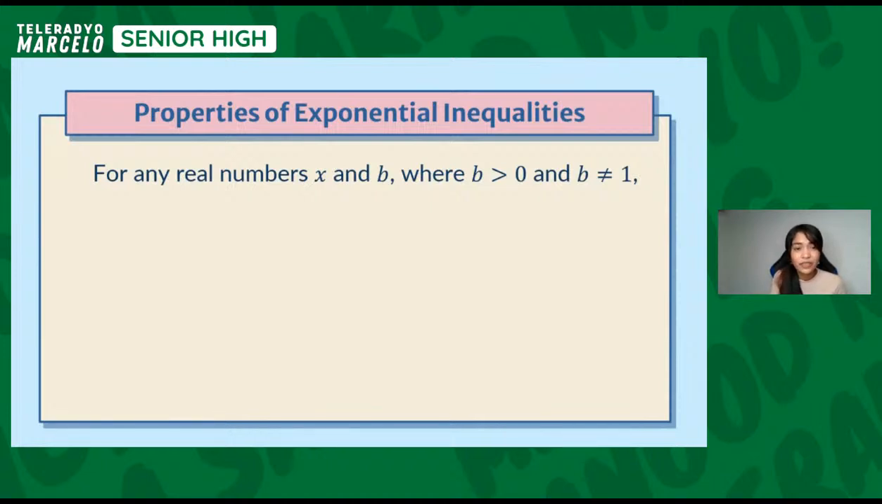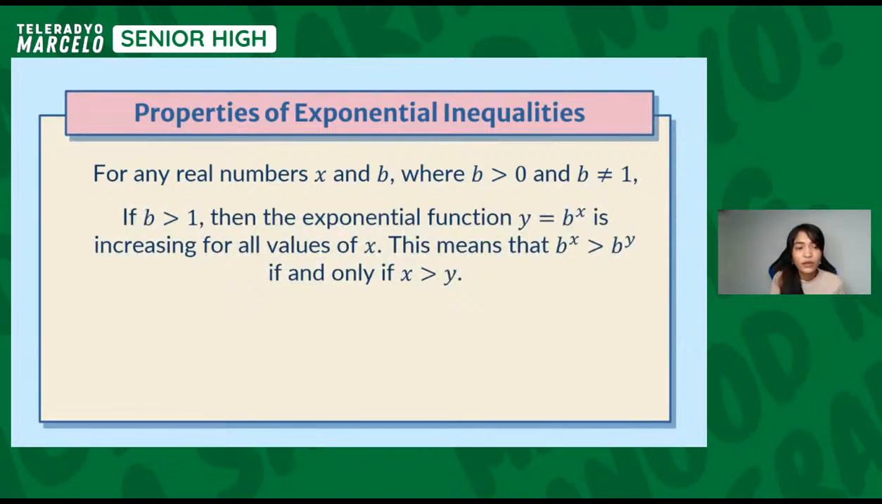So this is the property of exponential inequality. For any real number x and b, where b is greater than 0 and b is not equal to 1, ayan, we have to follow two different cases. So before we can compute for the value of x in exponential inequalities, we have to assess on which case it will fall. So we have this first case. If b or our base is greater than 1, then the exponential function y is equal to b raised to x is increasing for all values of x. So this means that b raised to x is greater than b raised to y if and only if x